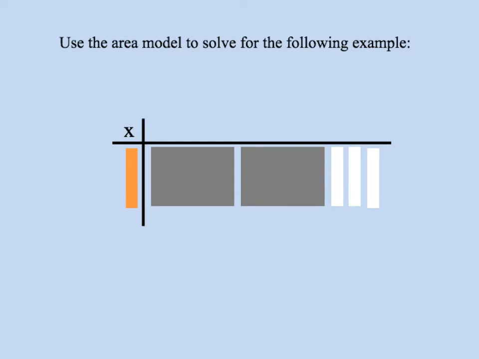Let's first take a look at the actual area. We have an XY tile, another XY tile, and we have 3 negative Y tiles. Looking at the vertical length of this area, we can see that the length was Y. The horizontal width of our XY tile